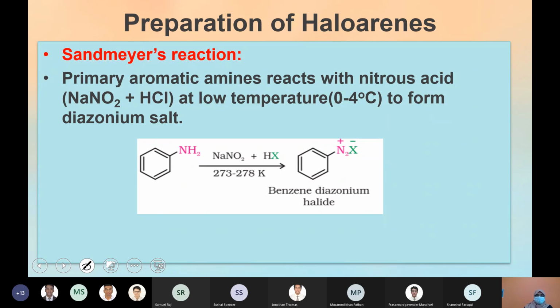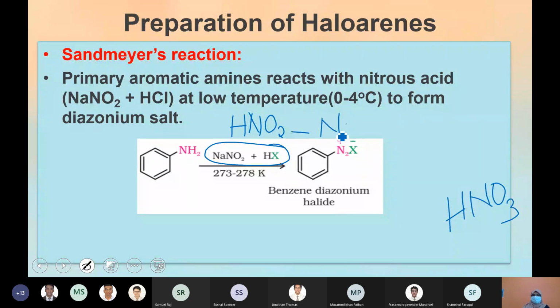So here the actual reagent you need is HNO2, that is nitrous acid. HNO3 is nitric acid and HNO2 is nitrous acid. But the problem of nitrous acid is that it is highly unstable. When a reagent is unstable, you cannot prepare it well in advance or keep it in a bottle. So that is the reason why, instead of preparing and keeping HNO2 before the start of the experiment, you will prepare that reagent inside the reaction mixture. That is why these are in situ reactions.